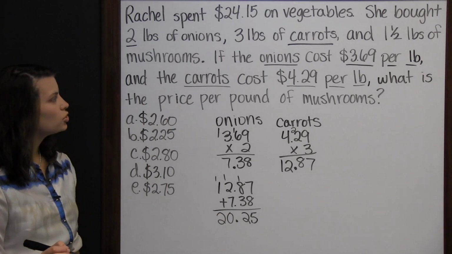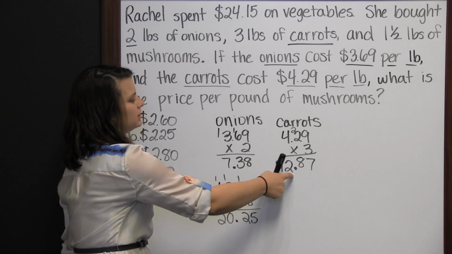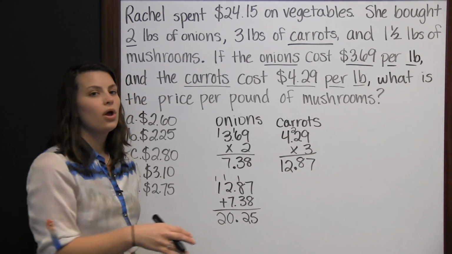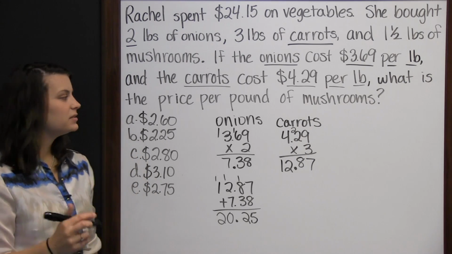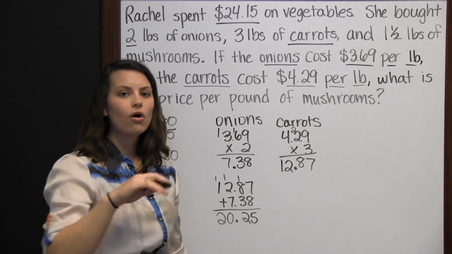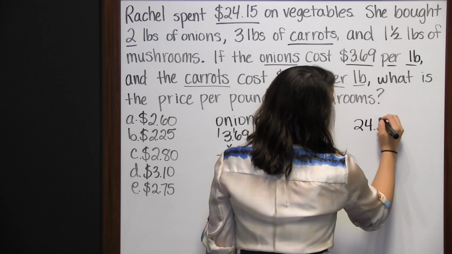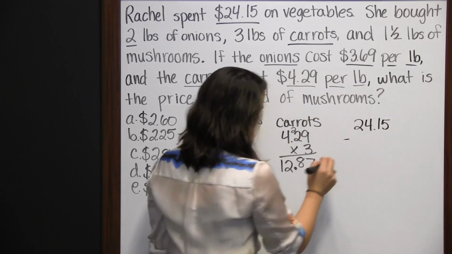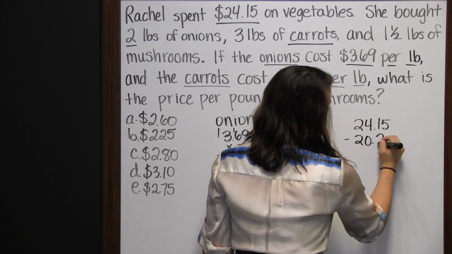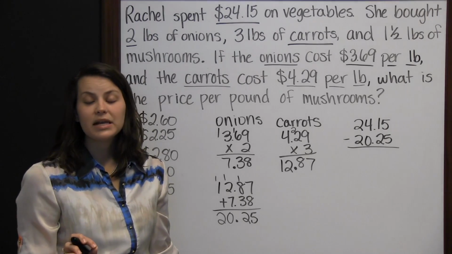So that means she spent $20.25 on the onions and carrots. And that, knowing that, will help us find out what amount was left to be spent on the mushrooms. Since I know her total spent on all of the vegetables is $24.15, I can take that total and subtract $20.25, which was spent on onions and carrots, and what I'll have is the amount of money she spent on